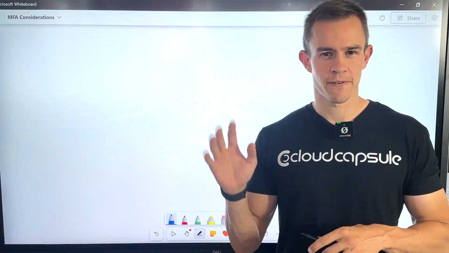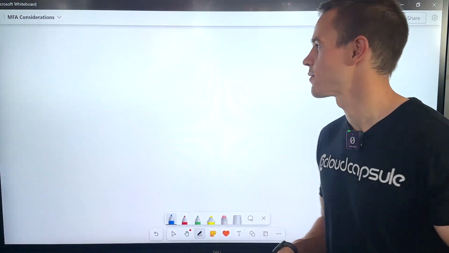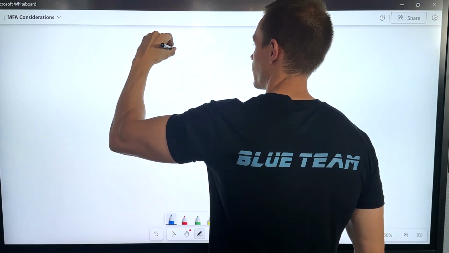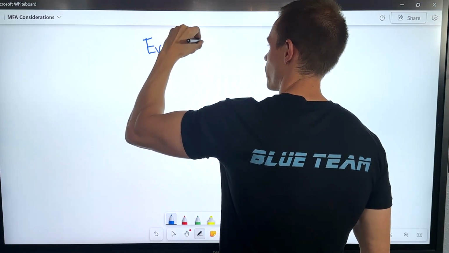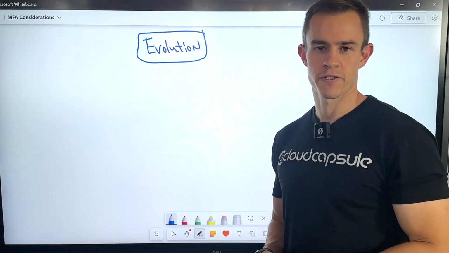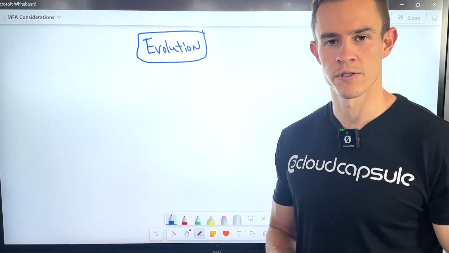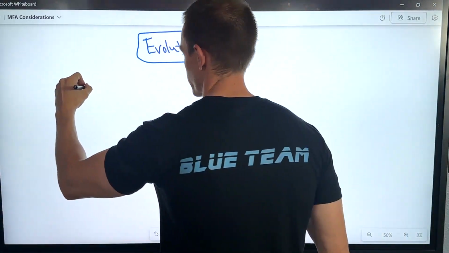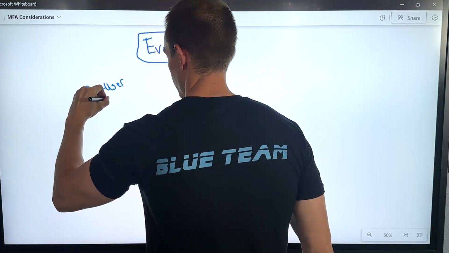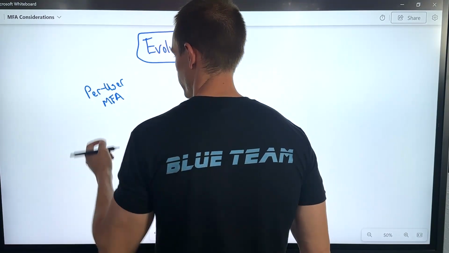Okay, so if we get into the 5 considerations here that I wanted to cover, the first consideration that we just have to keep in mind is recognizing the evolution of MFA enforcement within Microsoft over time. So technically today, there's still 3 methods that you could leverage to enforce MFA on users. The first that's been around the longest here for us, that most of us have been familiar with, is per